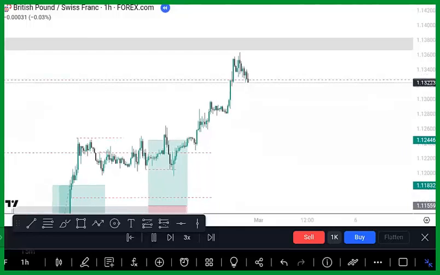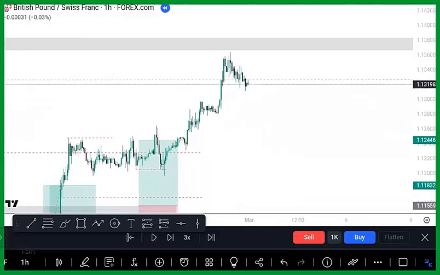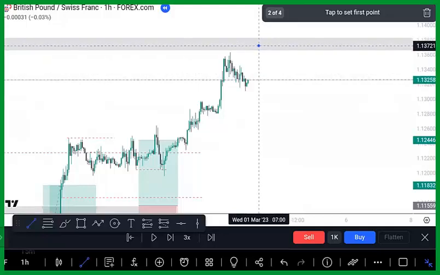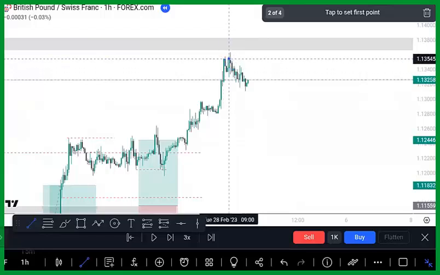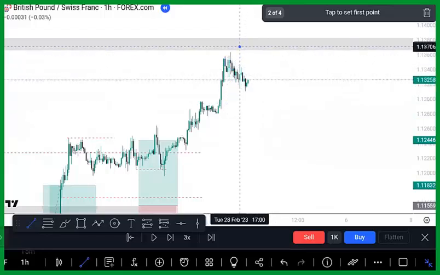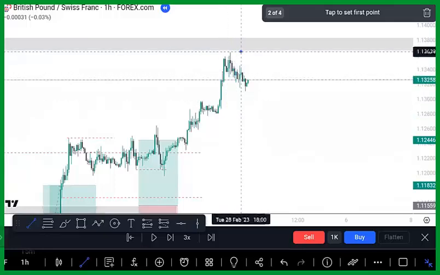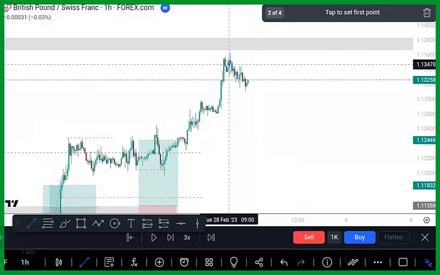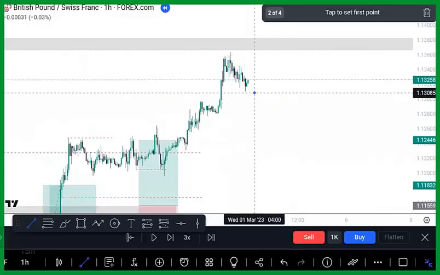Left that area. Now we are at POIs. That line being inducement and this area being flip zone or breaker block. So let's see if we're going to have... One of the things about breaker block entries many times is that I don't just want to enter, especially from the item, I want to see clean, you can call it a confirmation entry, a sweep and a break and an entry, just like the way we entered